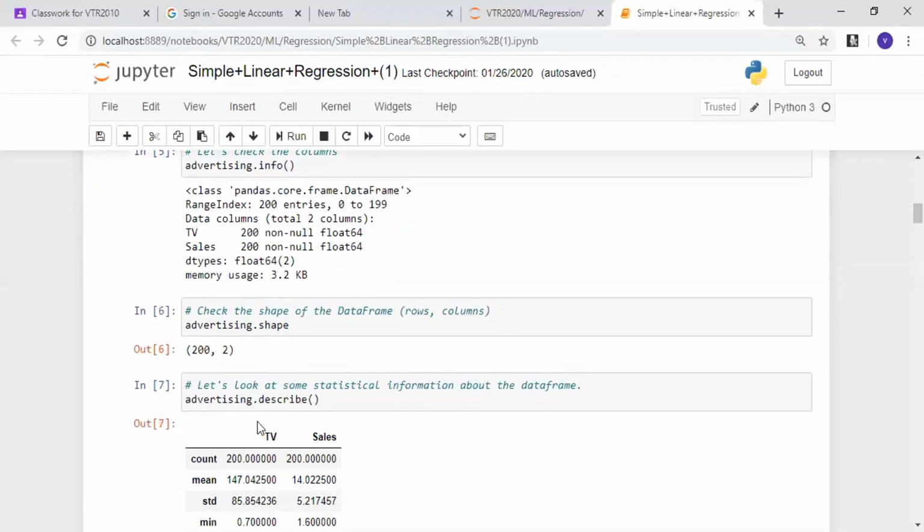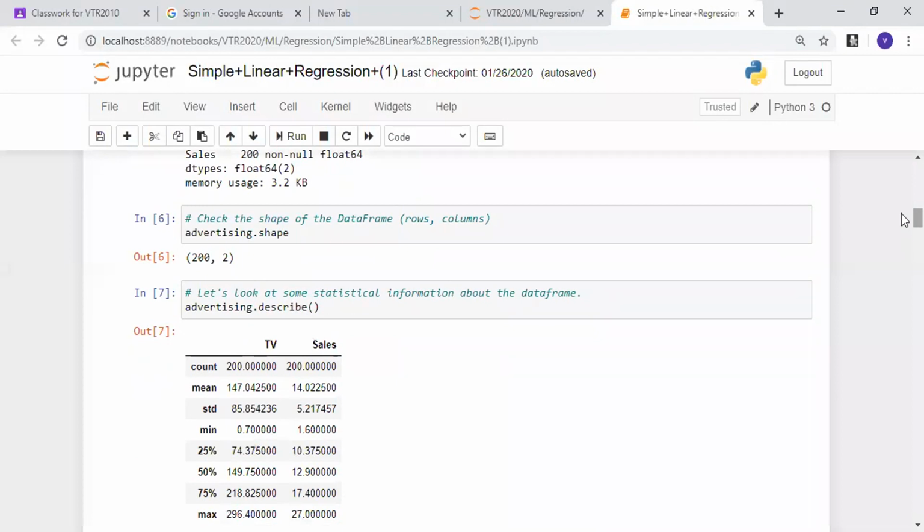It is 200 rows and 2 columns, and I'm seeing it with the description. First of all, I told you there are steps of machine learning. In the previous classes we understood the steps of machine learning, where the data set is given to you. You need to understand whether the data has missing values, whether the data is normalized, whether the data needs any transformation, and a part of hypothesis testing. All these things we read. Now, for our single step, I'm just telling whether the data is normalized here or not.